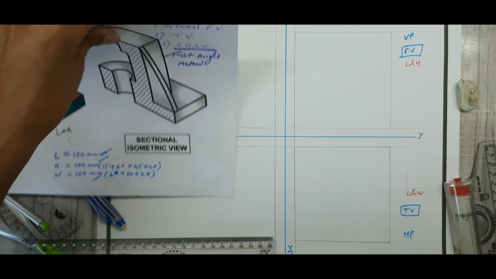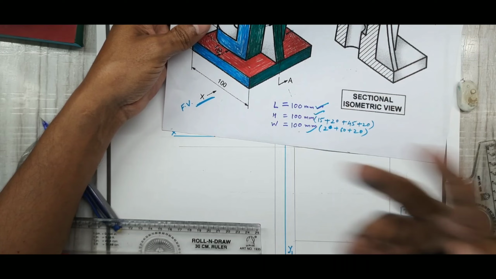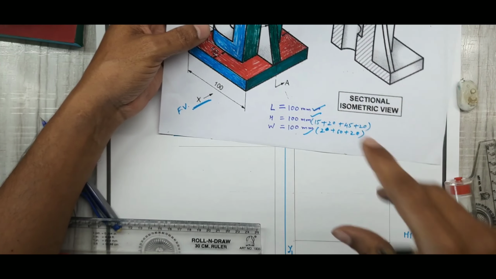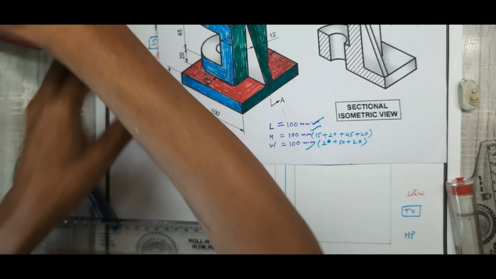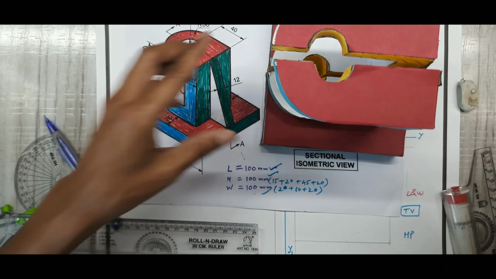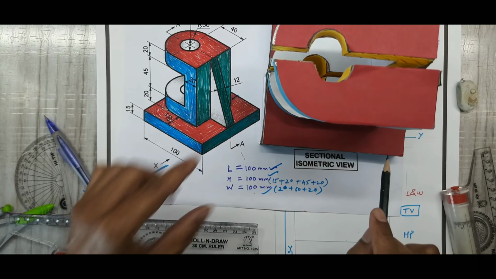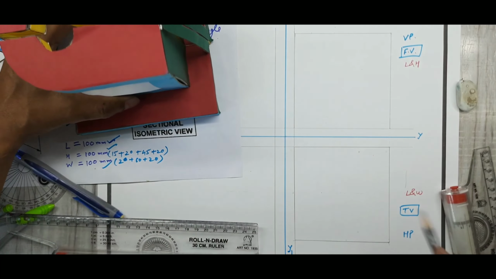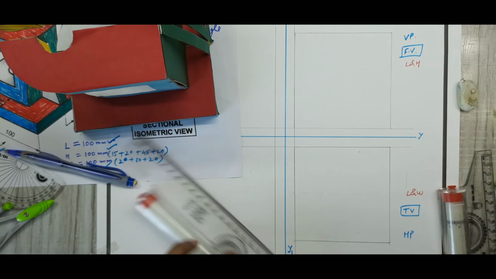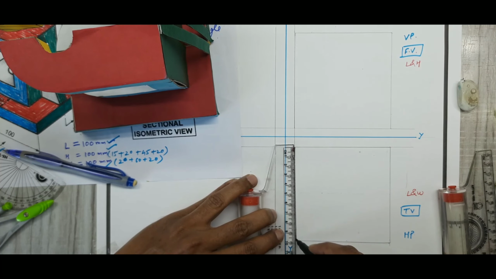Now my friends, you can go for the front view first or the top view. It depends upon you. But in this diagram, I would like to give preference to the top view because it is very easy. You can see here, this is the same model I am having. If you see from the top, I'll get this square plate. So first I will draw the square plate. That square plate is this one. Now for more visibility, I'll take a sketch pen and I'll mark the plate.